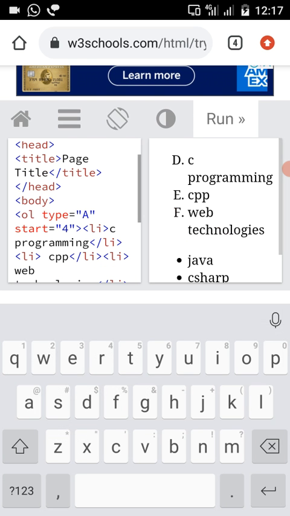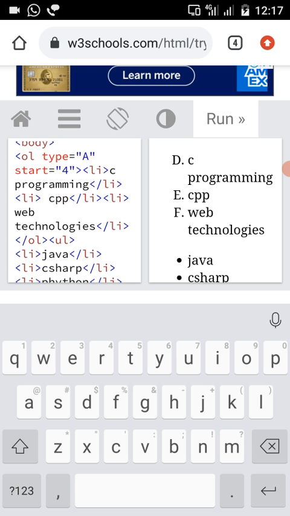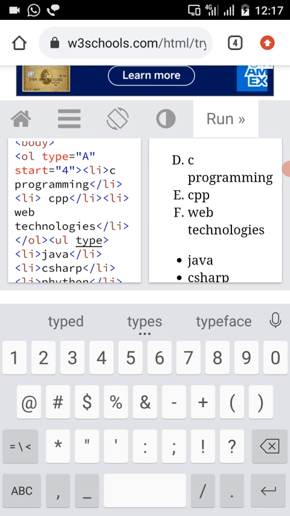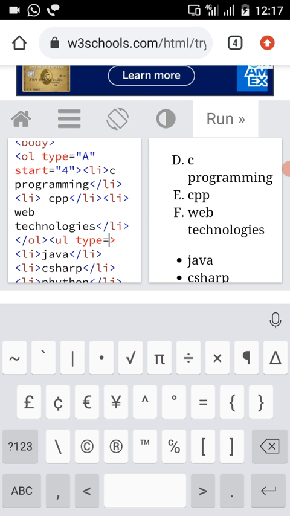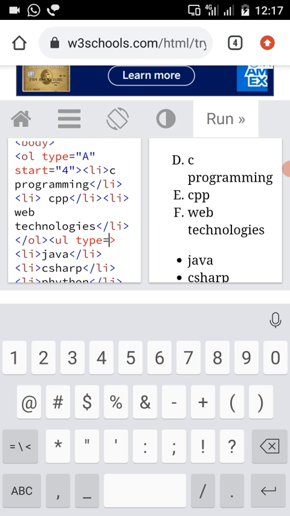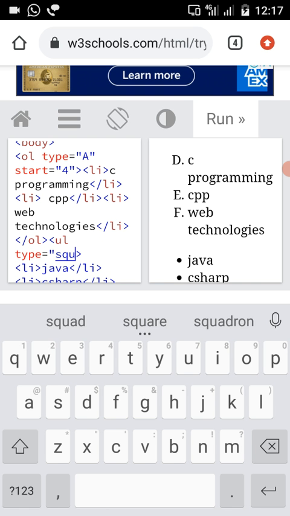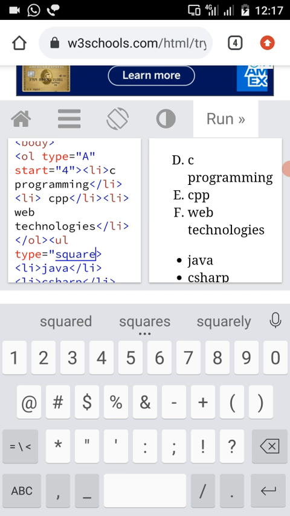After UL you have to use an attribute called type. Type is equal to, suppose I want to change my bullet to square. So I'm going to use the value square for this type. Now look into the output once.